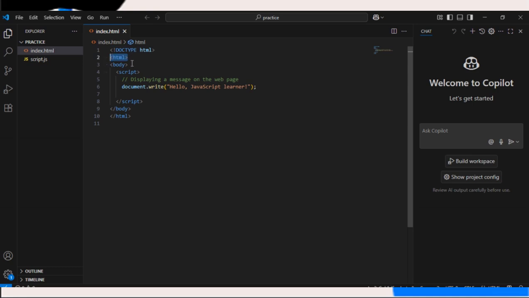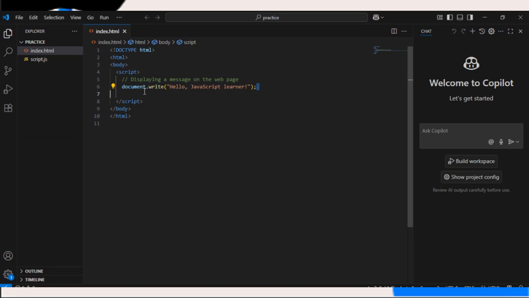Below the HTML open tag, we have our body. Then below the body, we have our script open tag. Then we have a comment that says display a message on the web page. Then we now have our code,